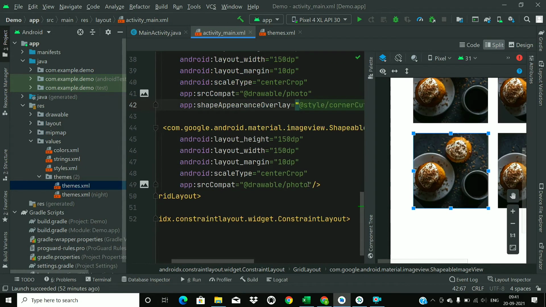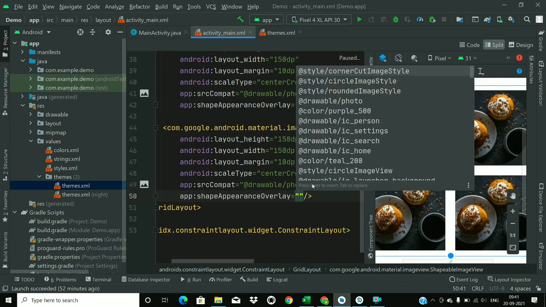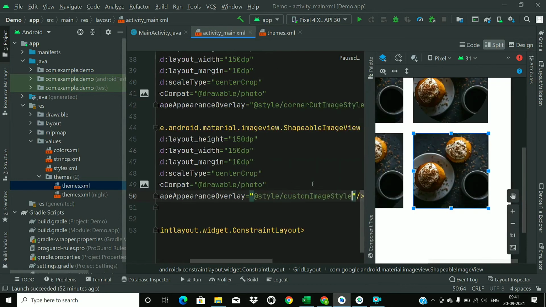Now the fourth one, assign the custom image style.